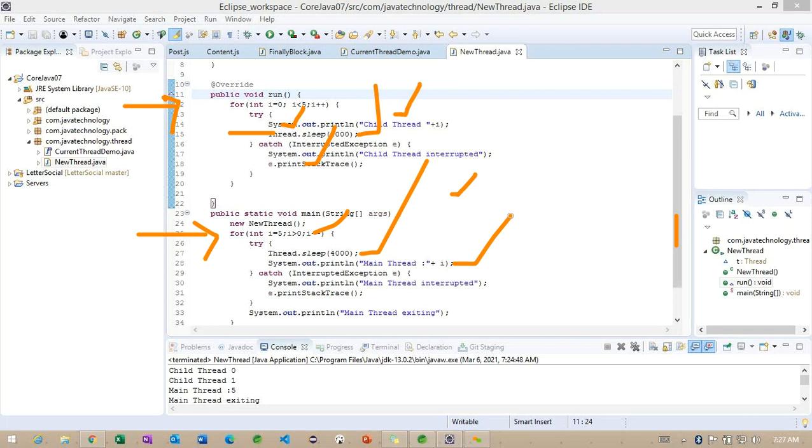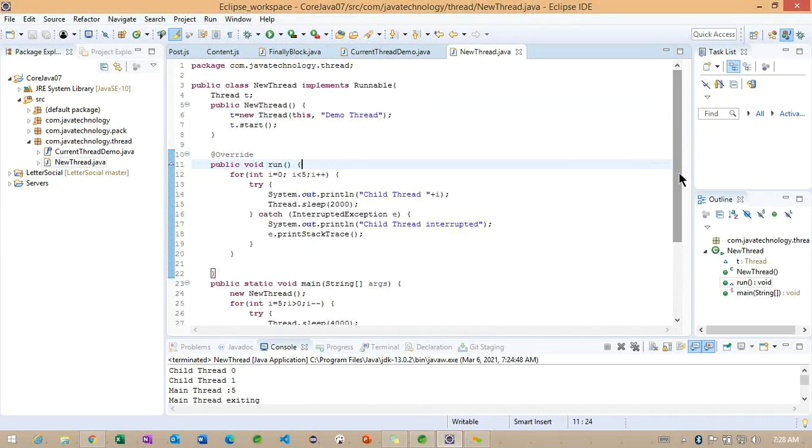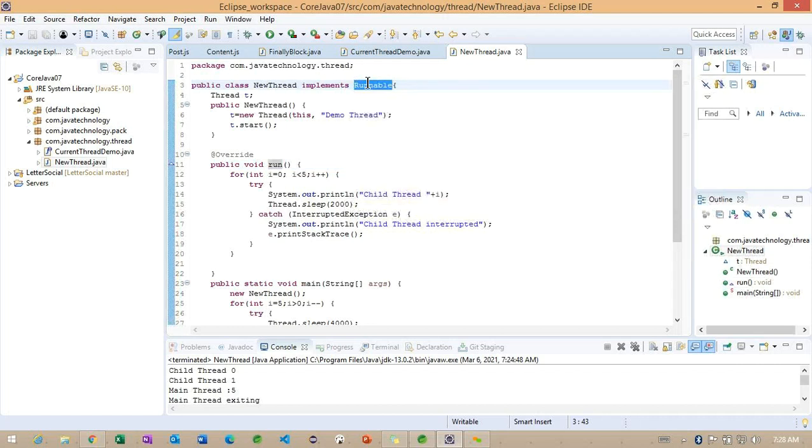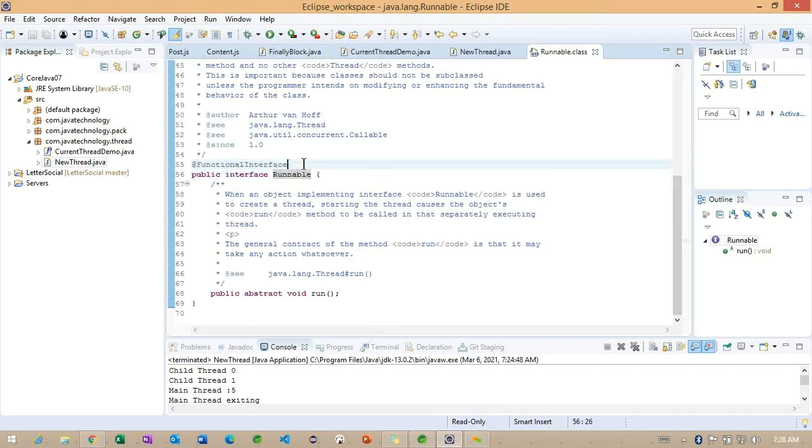There is no communication between the main thread and the child thread. That's the reason I explained: when starting this particular class, it has its own path of execution. Getting the point. So this is one more example related to the child thread as well as the main thread. The same example we are going to work with the Thread class. Initially we worked with Runnable, and if you want to know more information, you can see. We'll check this later on.